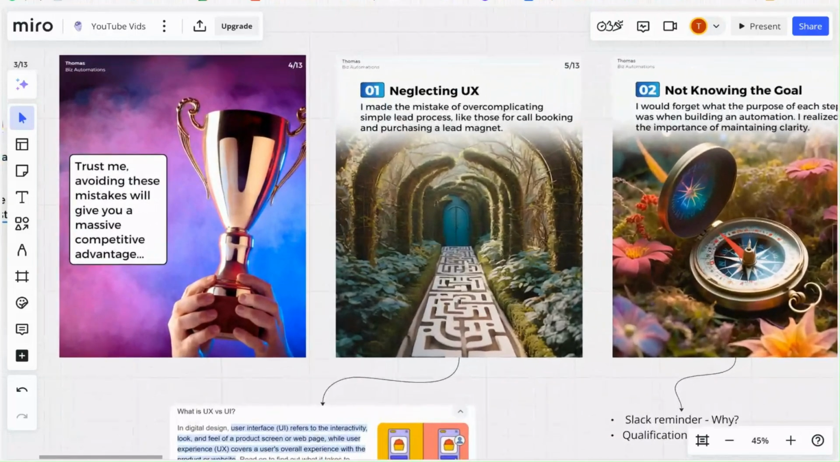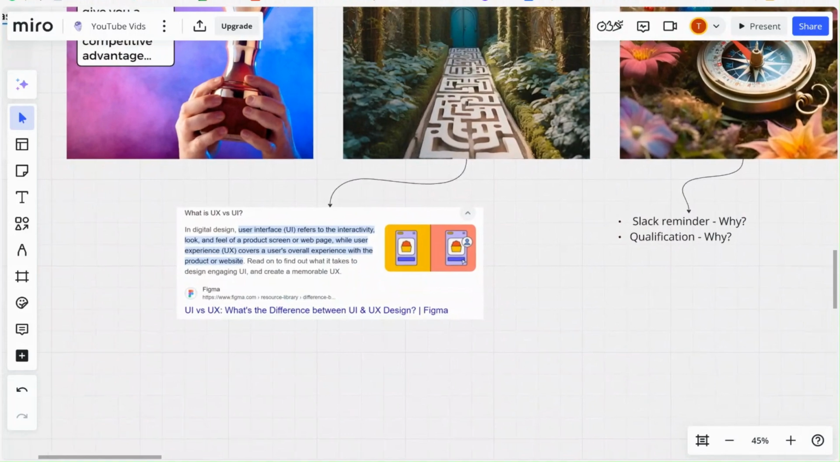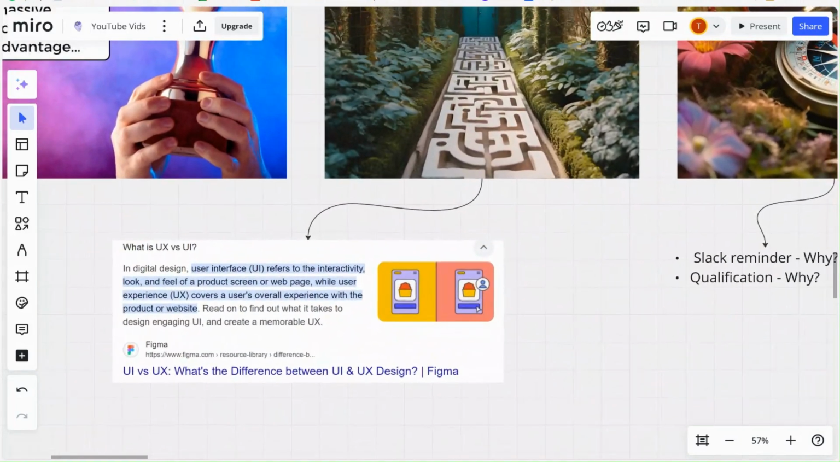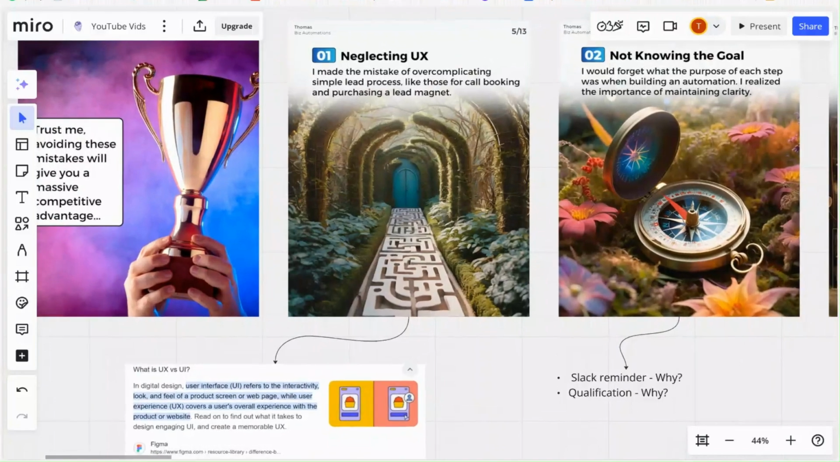So, firstly, you have neglecting UX. I made the mistake of overcomplicating simple lead processes like those for call booking and purchasing a lead magnet. UX design refers to user experience. And if you overcomplicate what should be a simple process like booking a call by